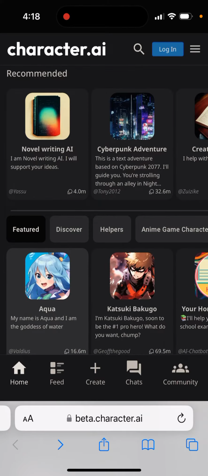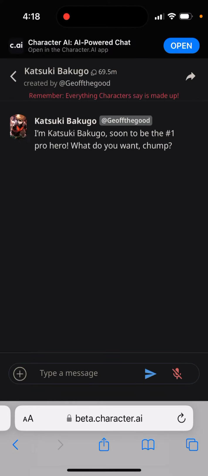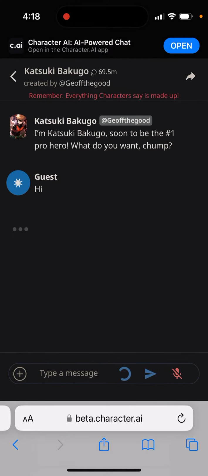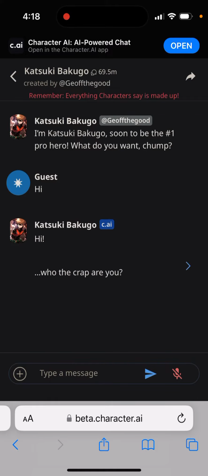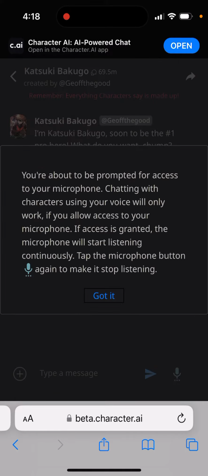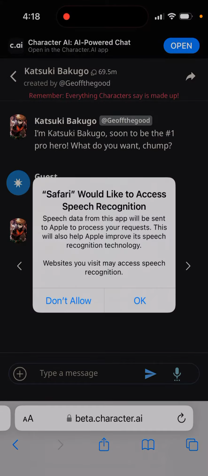Then you can just go and select any character, and then you can just tap send, and there you have it. You will just be described as a guest, and then you can still regenerate responses, but your functionality will just be a bit limited. But you can also create image, upload image. You can also